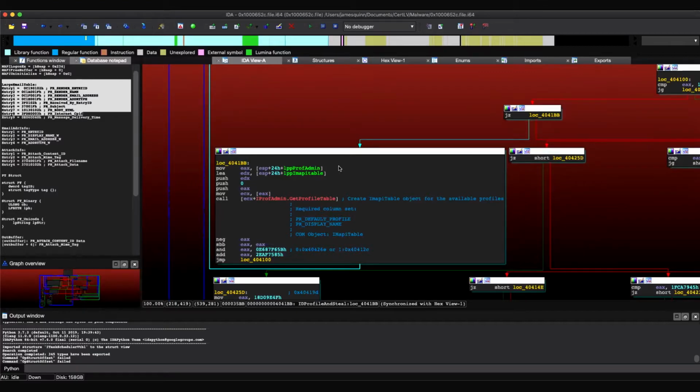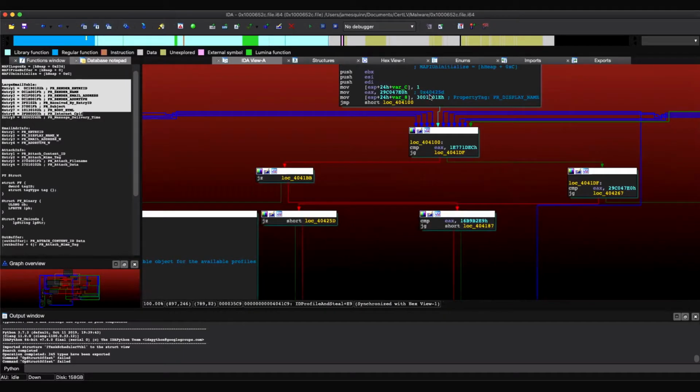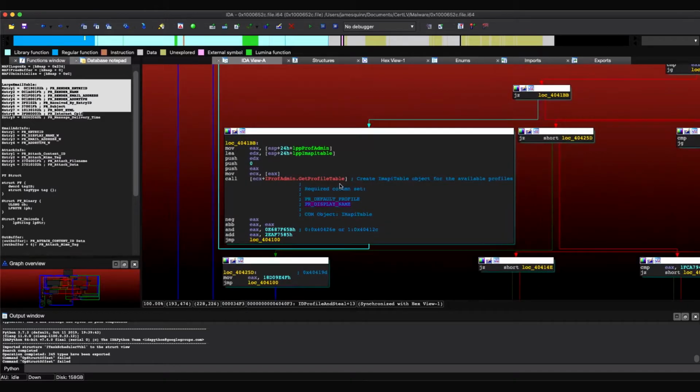And so this one, since it's not very clear on MSDN all the time, it should be noted that when this is called, a new COM object is also created for the IMAPITable COM object. But essentially, this just creates a table of all available profiles on the Outlook device with the PR_DISPLAY_NAME and PR_DEFAULT_PROFILE. And if we look up here, we can see that the property tag PR_DISPLAY_NAME was added to a property tag array. So we can see that it's probably going to be extracting the display name from this get profile table, or